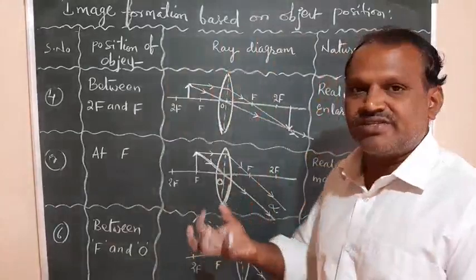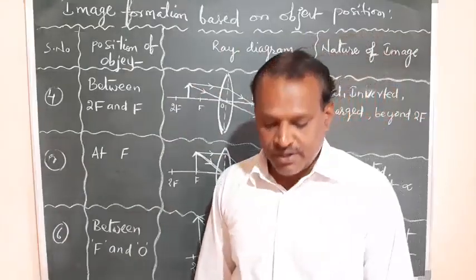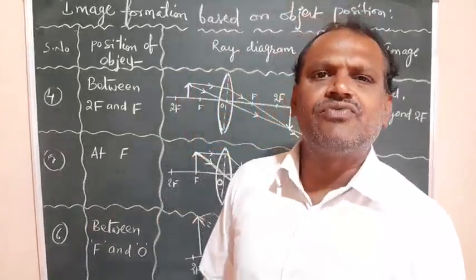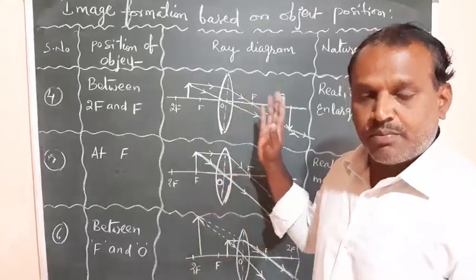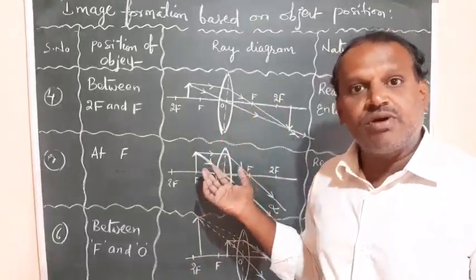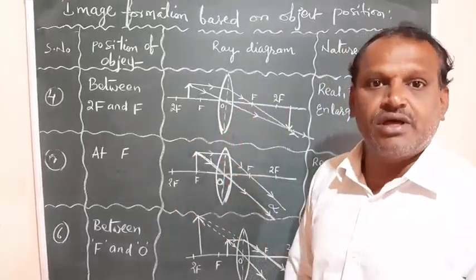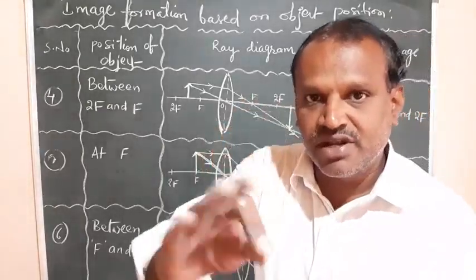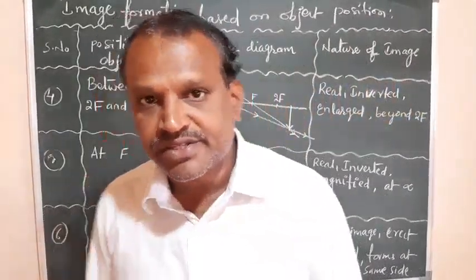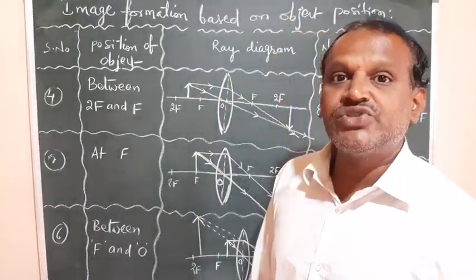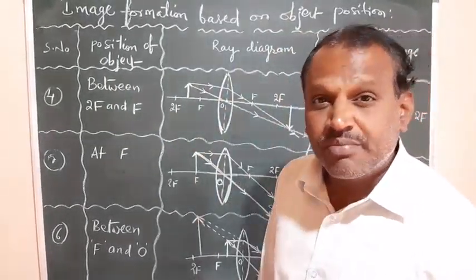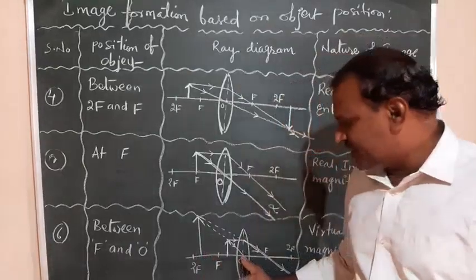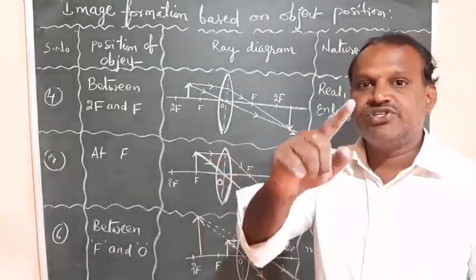So if you have these 6 cases in your mind, you can easily do the calculations and also apply the lens formula or lens maker's formula, and the calculations are very simple for the position of the object or the position of the image formation or the nature of the image, whatever may be asked in the numericals. You can easily determine it, provided you remember these 6 cases for the convex lens. And in this, the only case where the image is virtual is when the object is between the focus and the optic center of the lens. So between the focus and optic center of the lens, if the object is there, you get a virtual image.